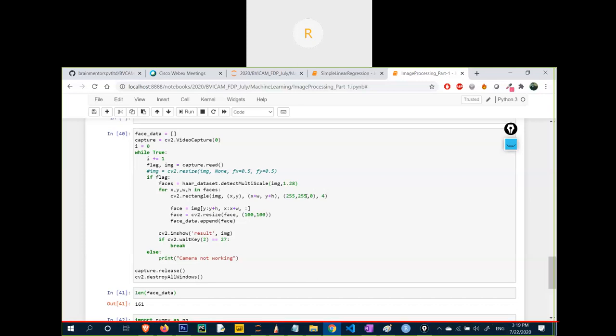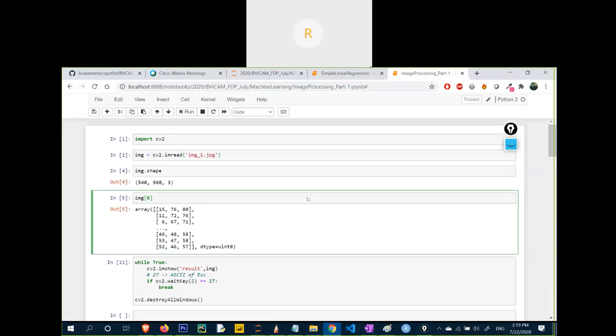Or anyone else, would you like to ask anything related to image processing? Okay, so if you do not have any doubt, then we can move forward now. Shall I? Everyone, give me a confirmation.